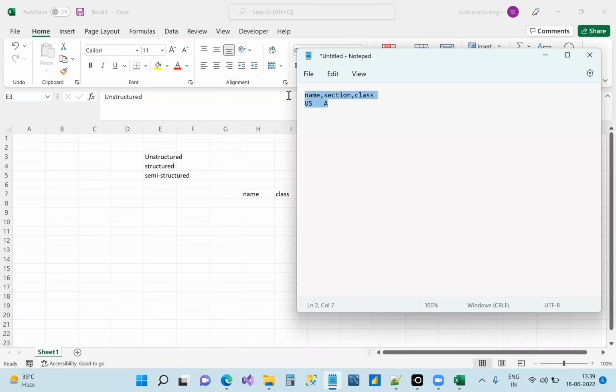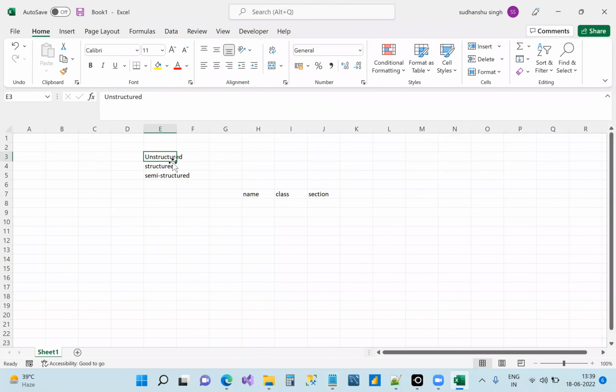If I don't define it properly, suppose I write a normal statement over here, unorganized, or not properly defined. A man was traveling by the road. So this is not organized properly, isn't it? This is also data, isn't it? So this becomes unstructured. The best examples of unstructured data are your video files and your audio files. Got it? Are you all with me?